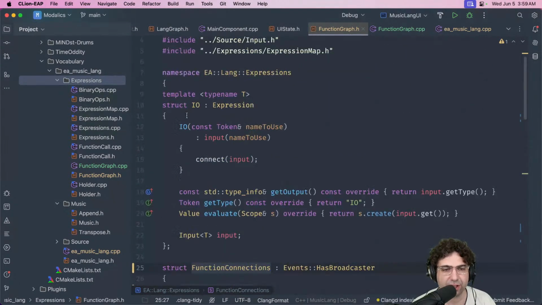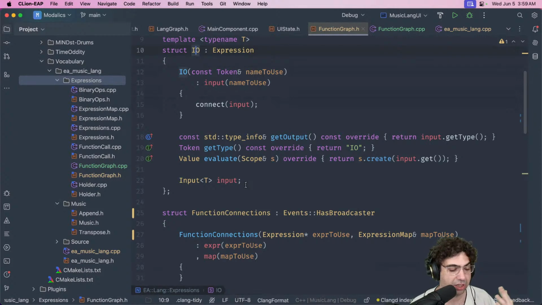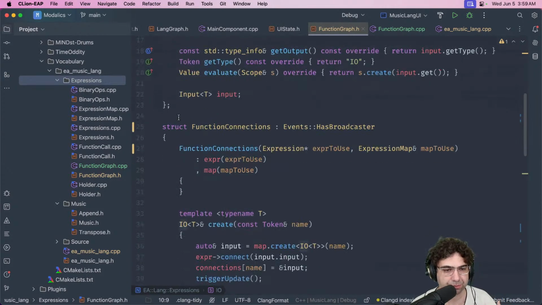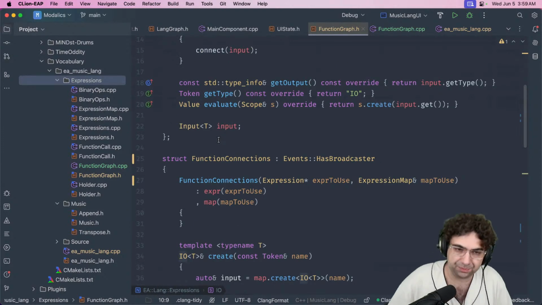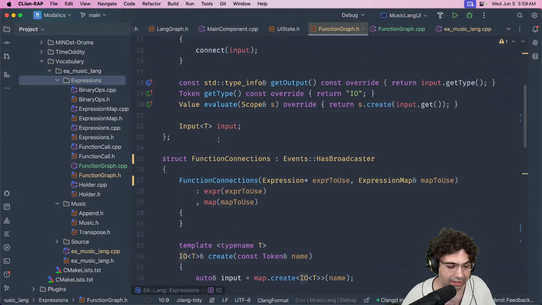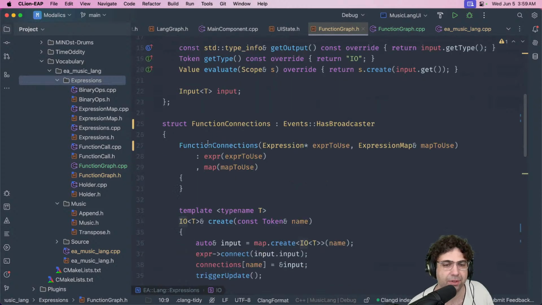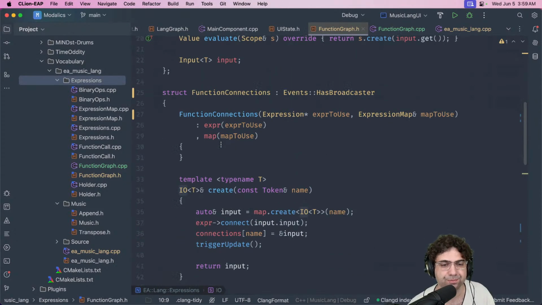It creates this thing that I created called an I/O, which is basically a connection that represents the inputs that go into a function. I'm calling them I/O because an I/O is something that looks like an input from the perspective of the caller of the function, but from the perspective of the body of the function, it's actually an output. Like it outputs a value into the thing that's inside the function. Hopefully what I'm saying makes sense. As I said before, feel free to let me know in the comments. What do you think? What would you like to know?